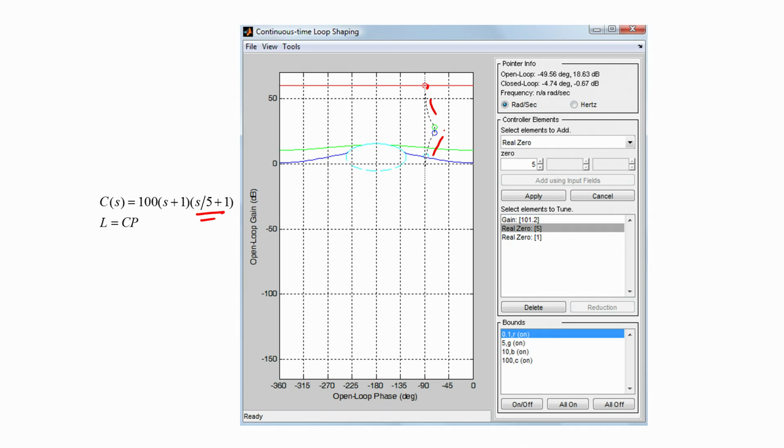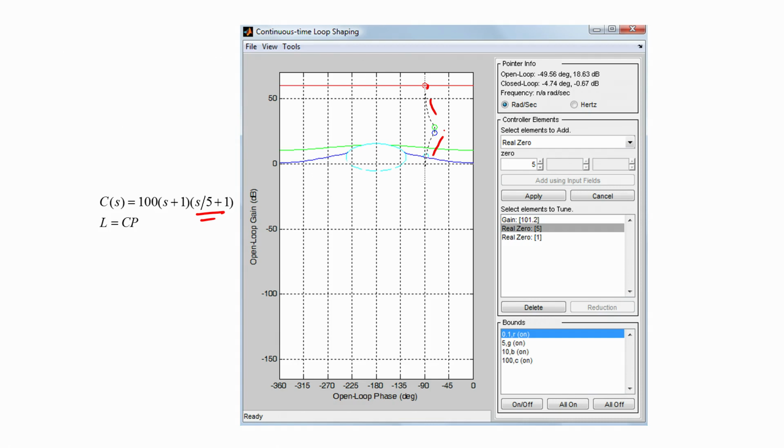So, in principle this controller satisfies all the specifications, but the problem with it is that it is a non-causal transfer function. We only have 2 zeros, and hence the numerator polynomial will be of degree 2, and we have no denominator polynomial at all, and hence we have to add 2 controller poles for the sake of causality. We should make sure that we add these poles in such a manner that they do not affect the performance at the frequencies of interest to us.